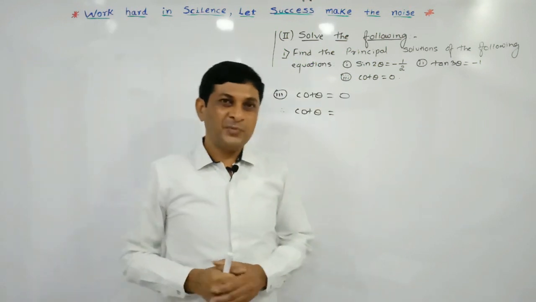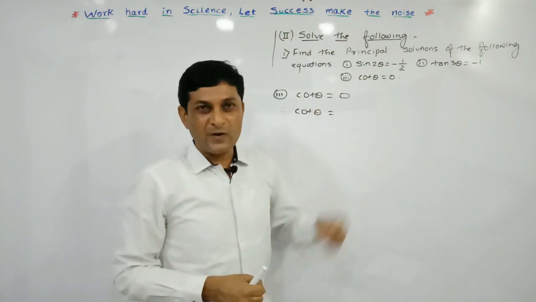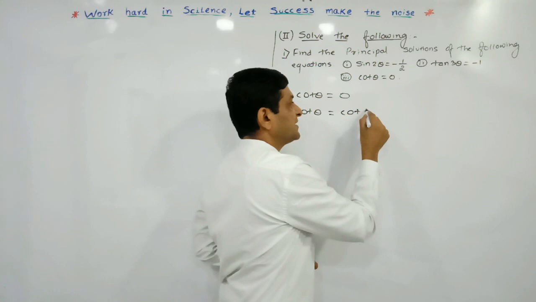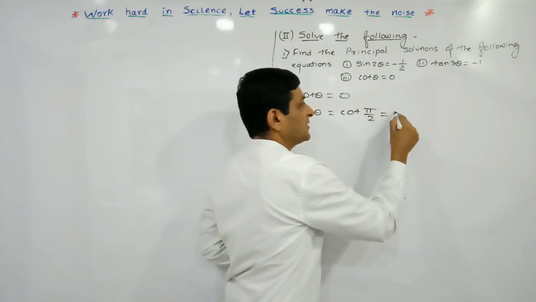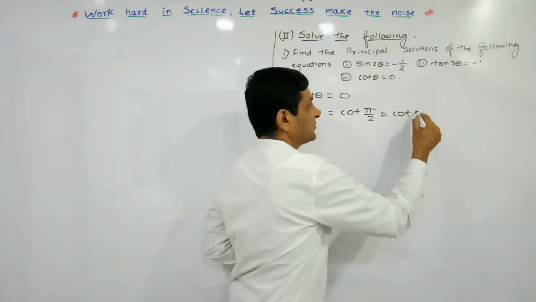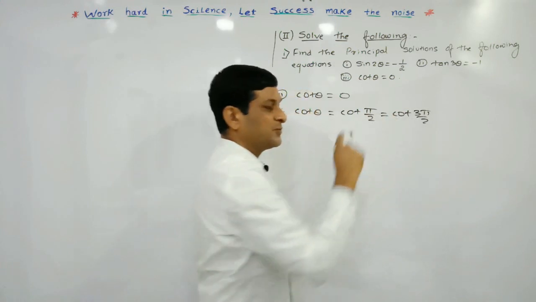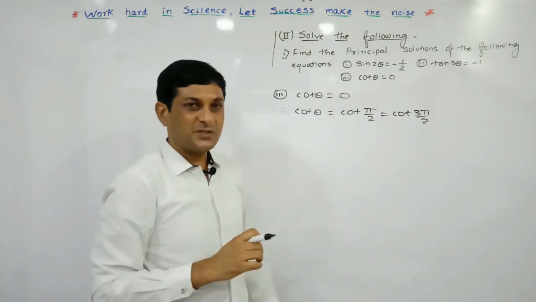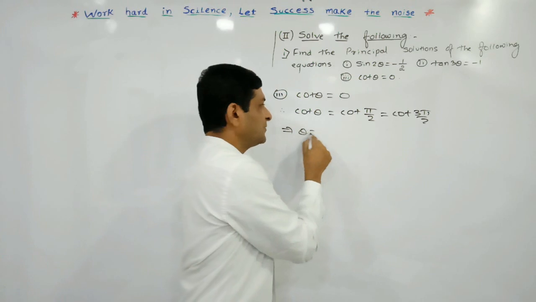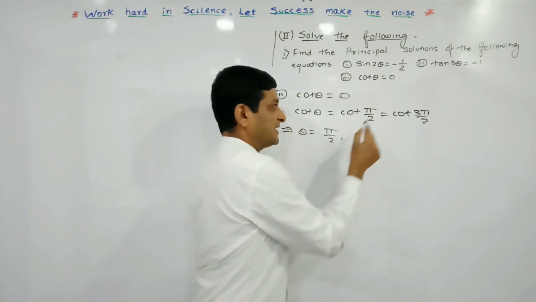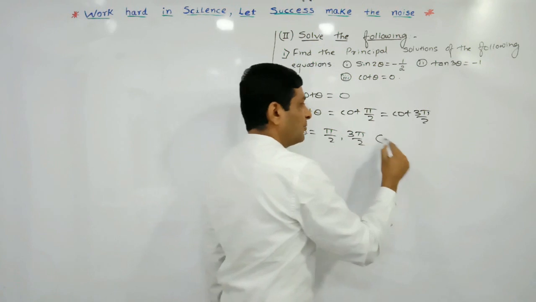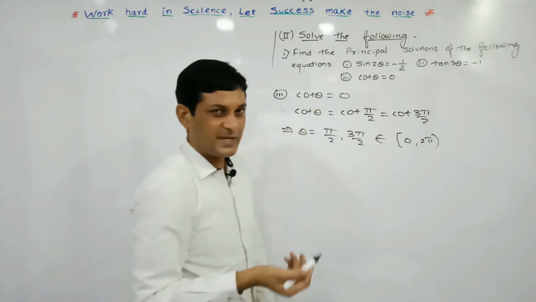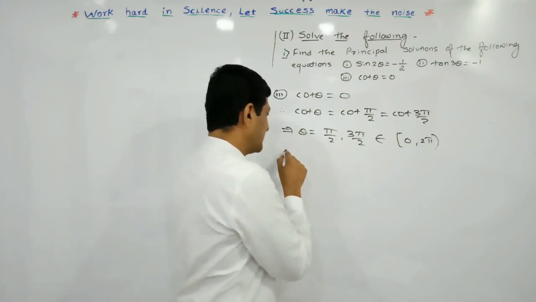So observe the third example. In this case, the given trigonometric equation is cot theta equals 0, and we know that cot theta is equal to 0 if theta is equal to pi by 2, and it is also equal to 0 if theta is equal to 3 pi by 2. These are the two values which lie between 0 and 2 pi where the value of cot is 0. So theta is equal to pi by 2, and the second value is 3 pi by 2, and both values belong to 0 to 2 pi, and since they lie in this interval, we can say they are the required principal solutions.